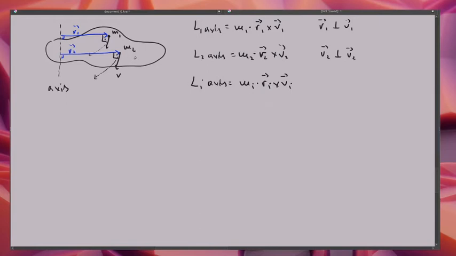I don't know what I'm going to do. I'm just going to cheat a little. I'm going to call this mass Mi. So this is mass Mi, therefore this is Vi, and that's Ri. That works for me. And then note that I get the same story. Ri is still perpendicular to Vi,